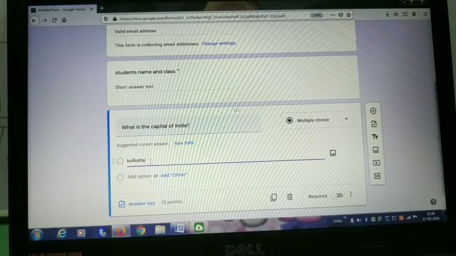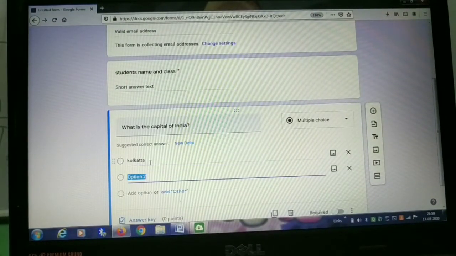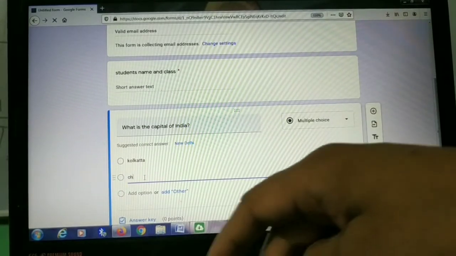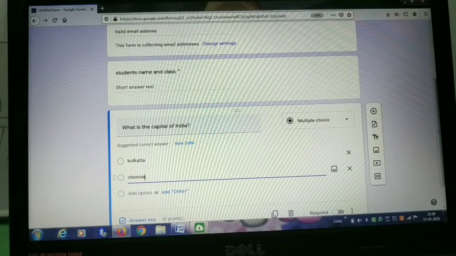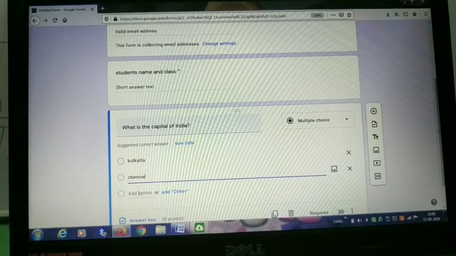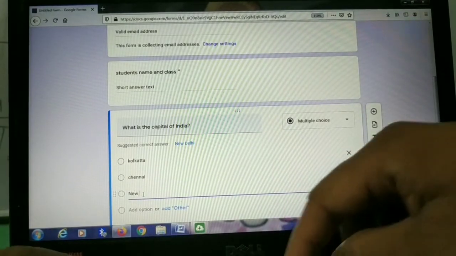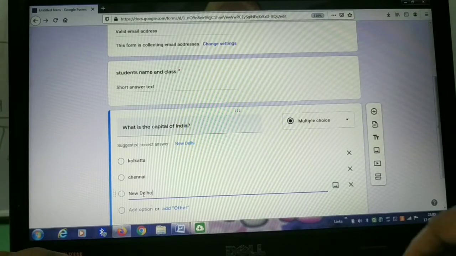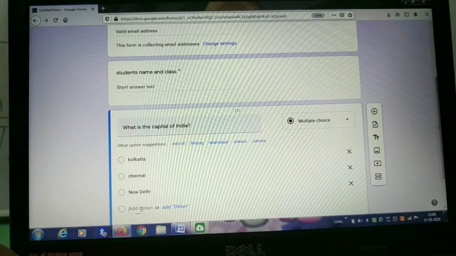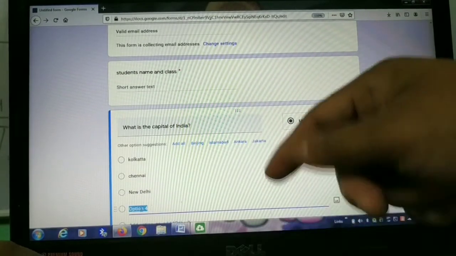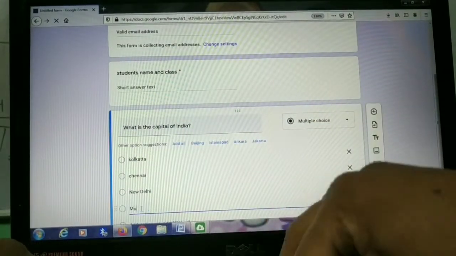For option 2, you can use the enter button and you will automatically go to option 2, let us say Chennai. If you don't want to press enter, you can use this add option, not add other, add option. If you click add option, option 3 has arrived. So you can write here New Delhi. And let us say the last option is Mumbai.